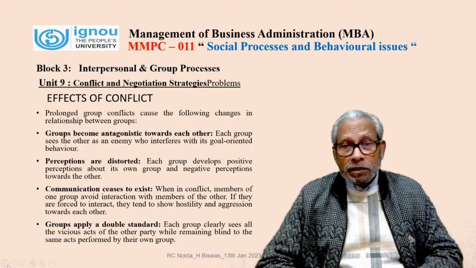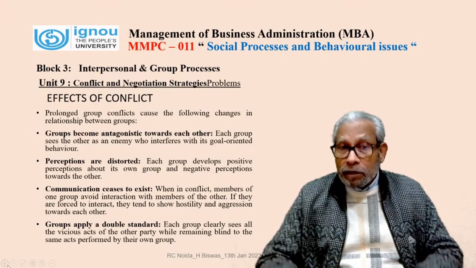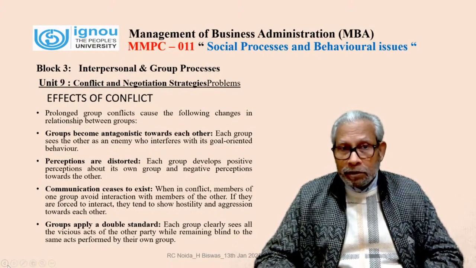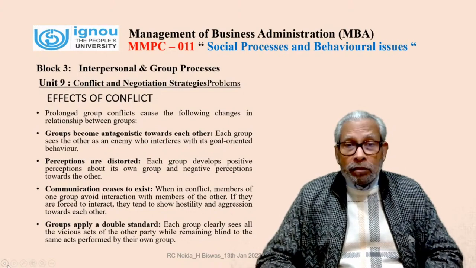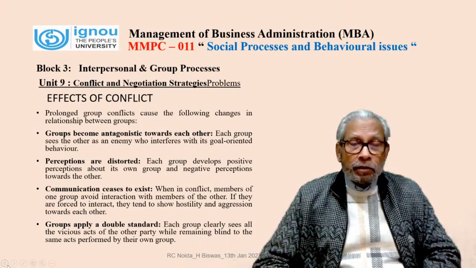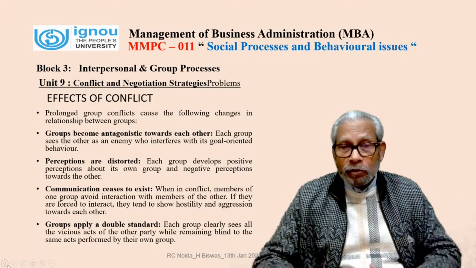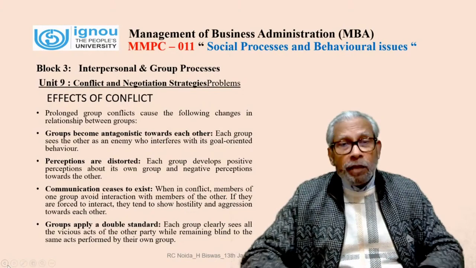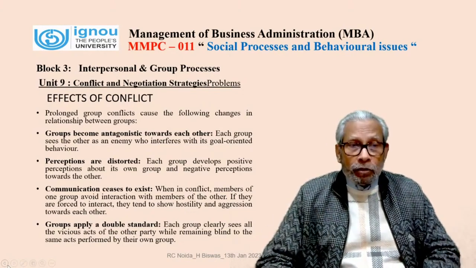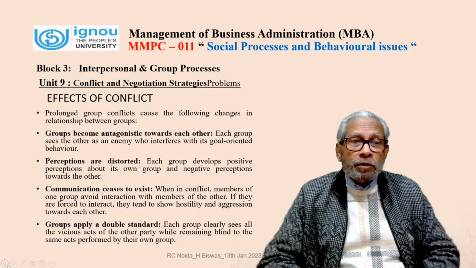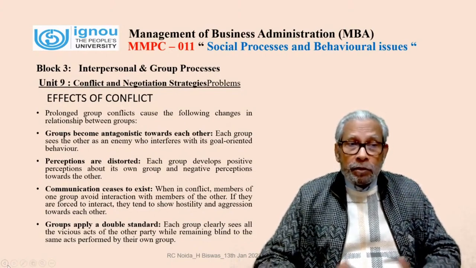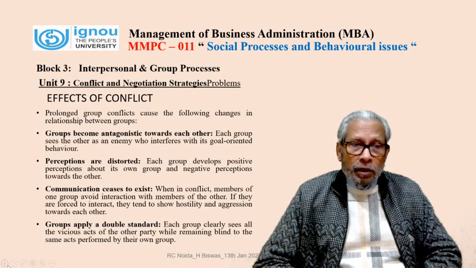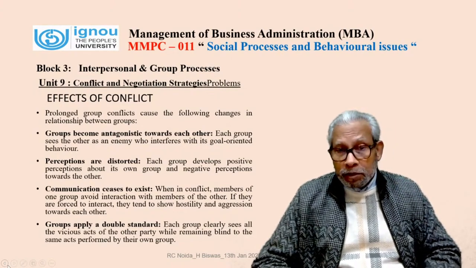If the conflict is prolonged, before in the slides we discussed what immediate action has to be taken after a conflict has come, the area for development purposes. Because that stage is not done after the conflict, whatever the outcomes are, the loopholes, the pitfalls, problems and challenges that are coming, they are not redressed. It is the same, it is prolonged, continuously going on. So then what will happen? The relationship between the groups will be a problem. There will be enemies of each other. Each group sees the other as the enemy. Perceptions are distorted.